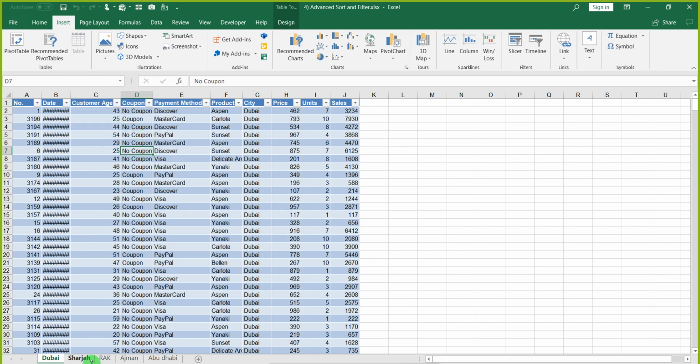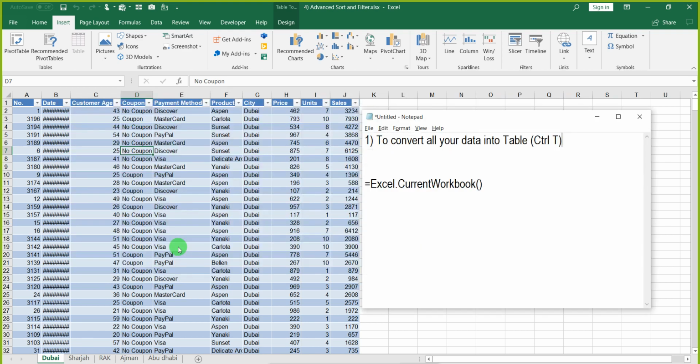So on each sheet you say Control T, table, Control T, table. This is the first condition. The second is you should have the latest version. I have Excel 2016 with me. If you have 2019 or Office 365, fine; otherwise you have to download an extra plugin for that.